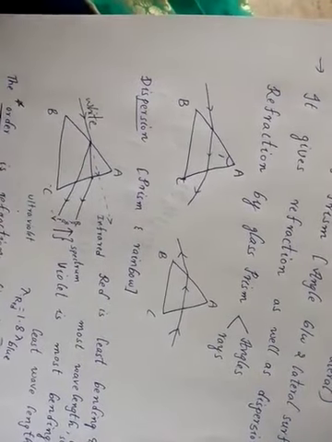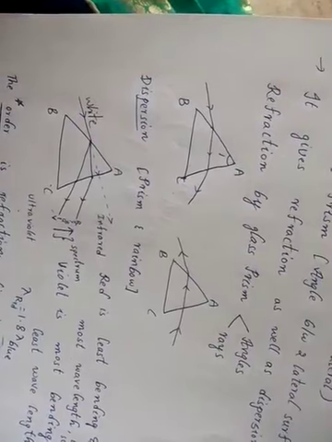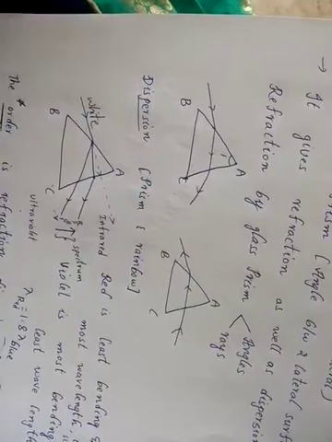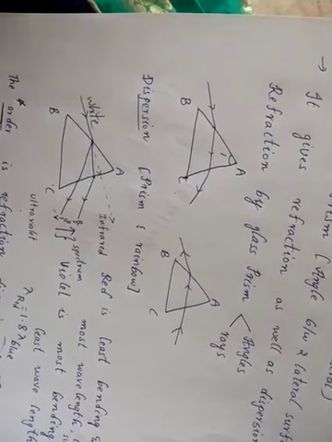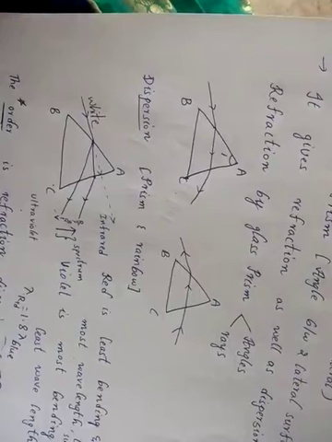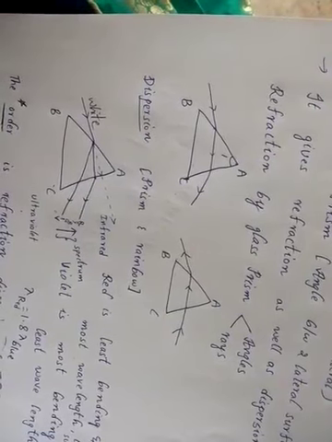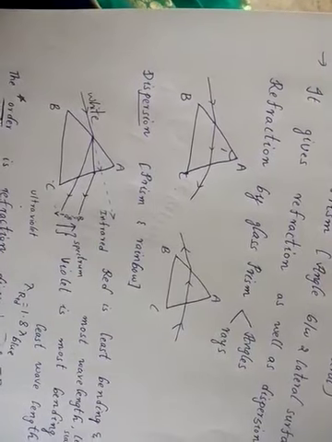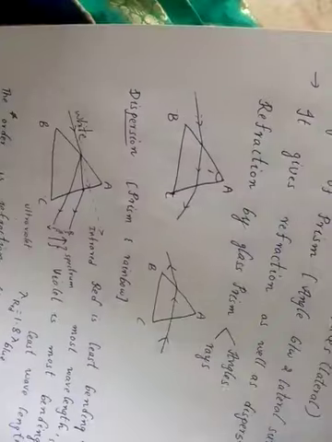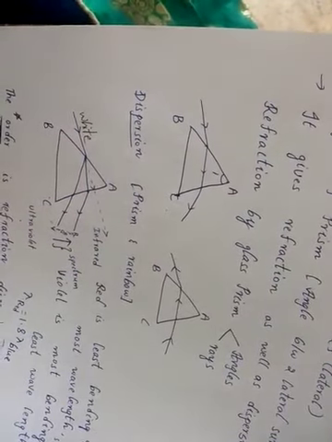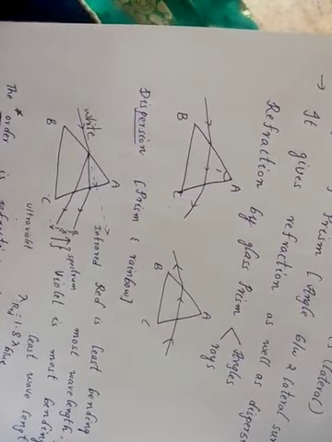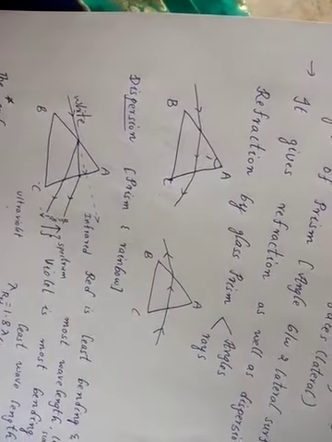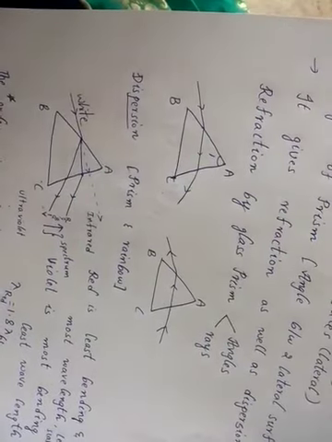The only thing you have to remember is a tip: when they are asking about single color light, you can think first of scattering of light. When they are asking about 7 colors, you can go for dispersion. When they are asking about positions or sizes, then you can go for atmospheric refraction or refraction. Atmospheric refraction means the bending of light in the atmospheric layers. Refraction means the bending of light in transparent media. So atmospheric refraction will occur in the atmosphere.